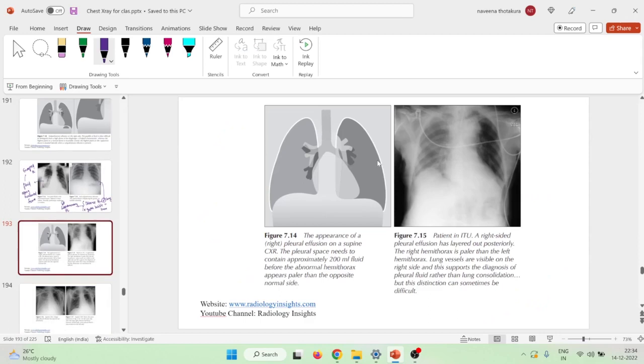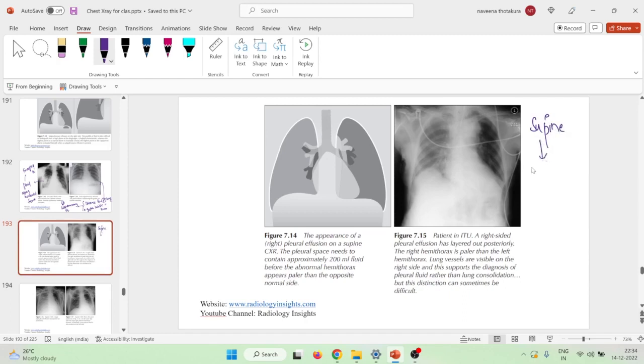Then this is a picture showing, actually here the costophrenic angles are clear. But if you see this patient, here there is pleural effusion, but the difference here, what are you seeing? You are seeing that one lung is whiter when compared to the other lung. Why is this so? This is because here the patient is in ICU and the X-ray is taken in supine